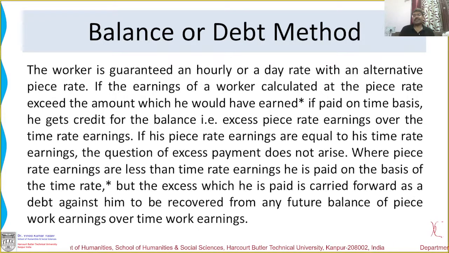Contractual, there is a contract sort of thing that yes, 10,000 bricks are to be manufactured, and then this per piece rate is decided and it is paid. So for laborers, it is basically contracting and subcontracting. Sometimes they also use the balance method or debt method, but this is not sufficient. This is the old traditional method of wage payment system where everything is in the form of wages.